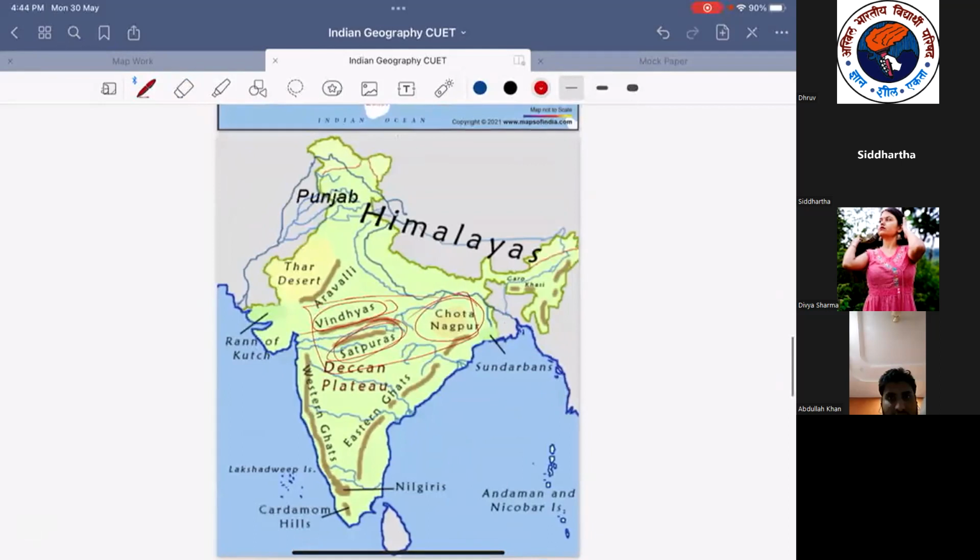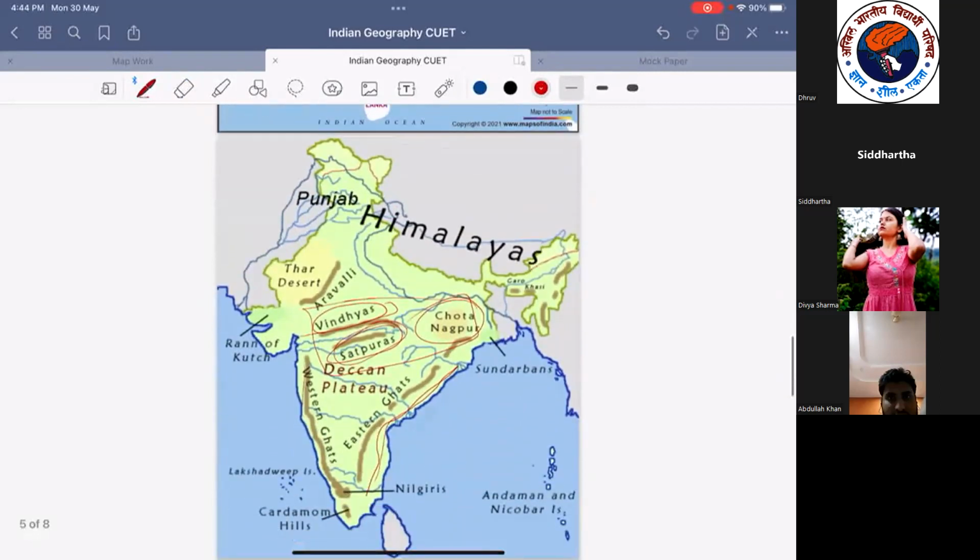So Eastern Ghat and Western Ghat, I have already told you about. The Eastern Coast Plain or the Western Coast Plain. Now its which